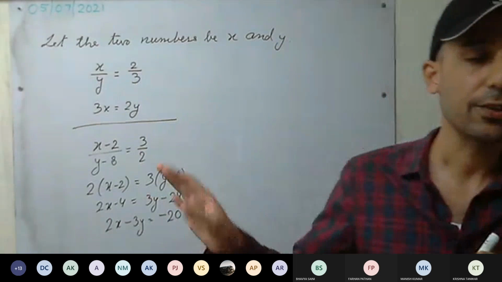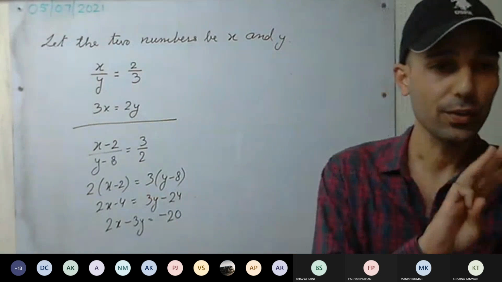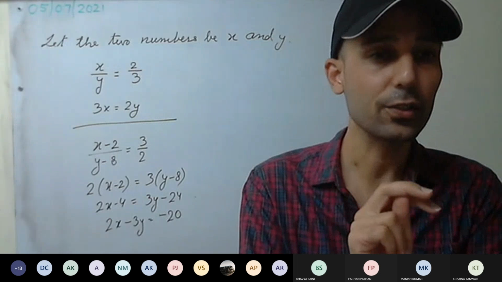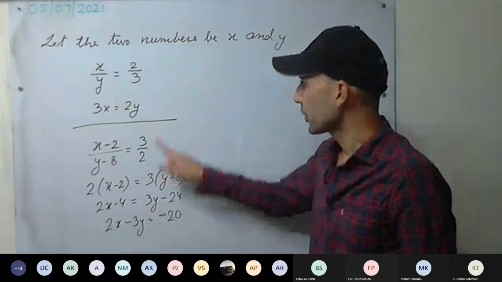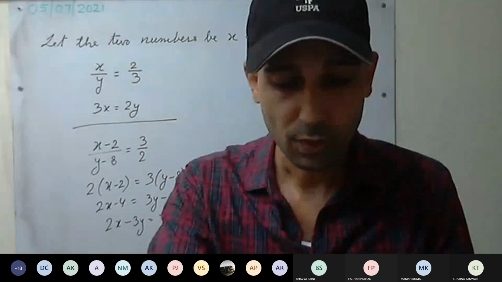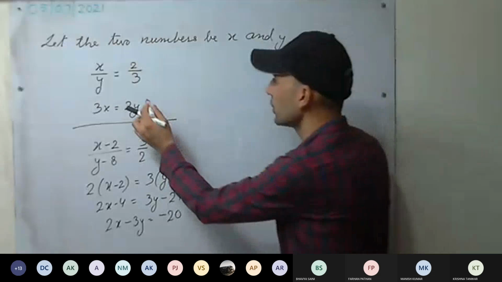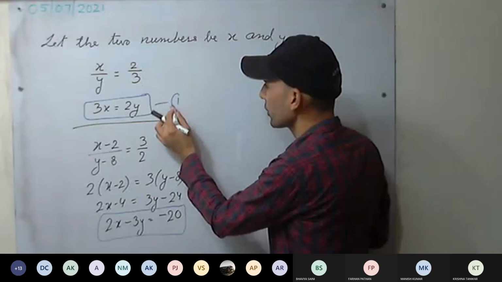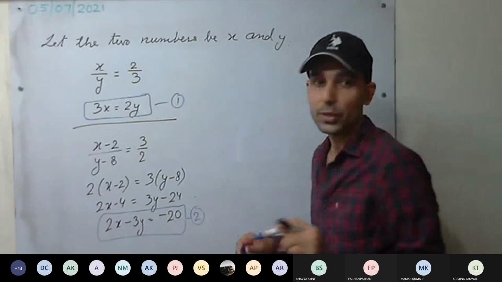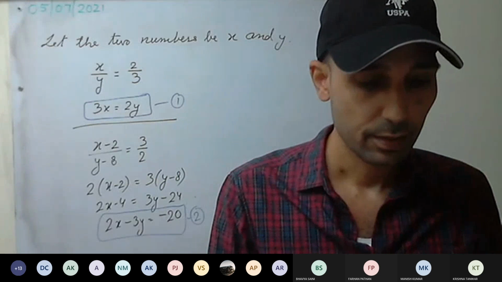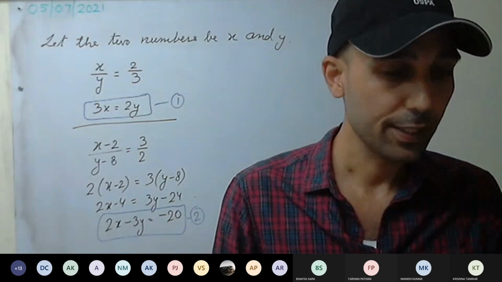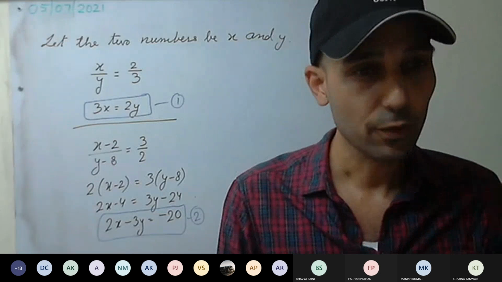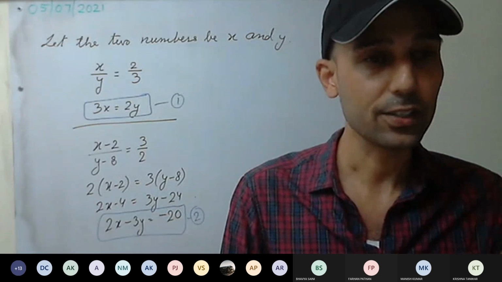Mainly I will be using equating the quotient, but you can use any method. Three methods you already learned: first was substitution, second was equating the quotient, third was cross multiplication. Any method you can use to solve the value of x and y. That's up to you. This is the first equation and this is our second equation. Anyone who hasn't understood, ask me now. Later on, it won't be possible for me to explain it again. So if you don't understand, ask immediately.